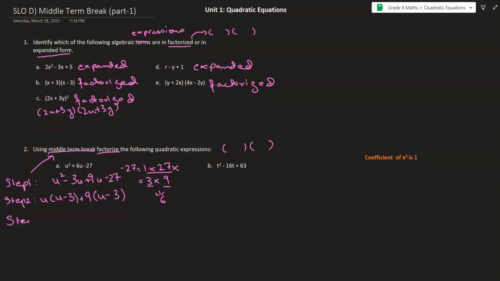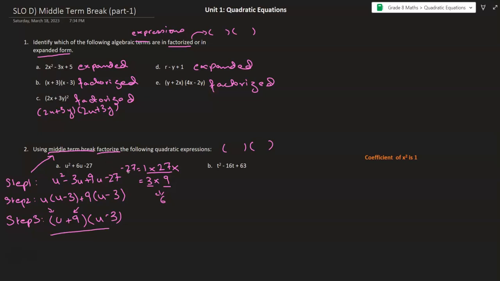And so step 3 is basically the terms that are outside of the bracket, I join them. So u comes here and plus 9 comes here. And I put it in a bracket. And then I write one of these brackets. Any one. They're the same essentially. So basically, this is the factorized form that we are looking for when it says to